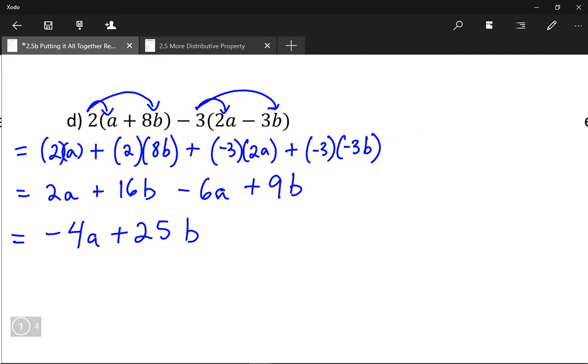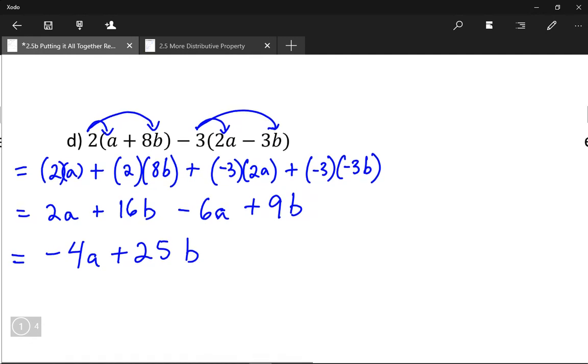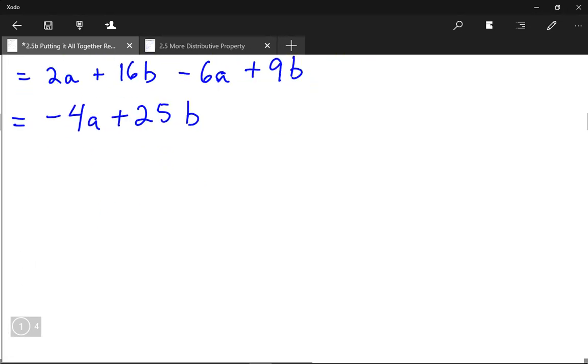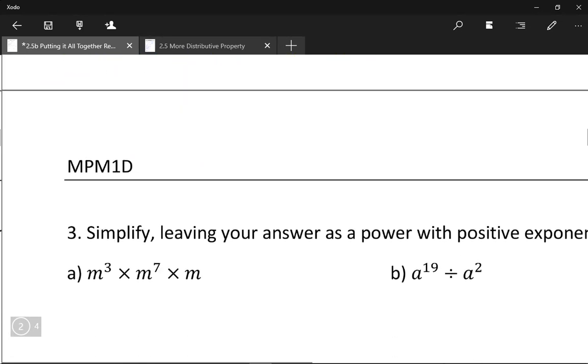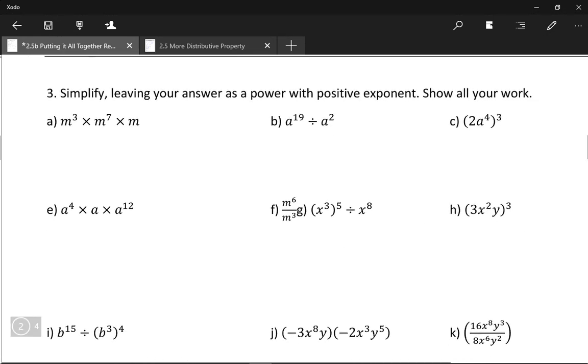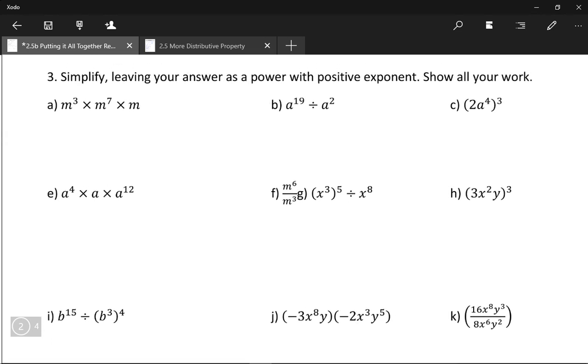Okay, so expanding and simplifying means distributive property, and it means collecting like terms for the simplifying part. So let's jump down to the next question, next page, number 3. The rest of number 2 I'll leave for you to do when I finish the lesson, okay? Number 3, let's pick maybe a couple of these here. So let's try,